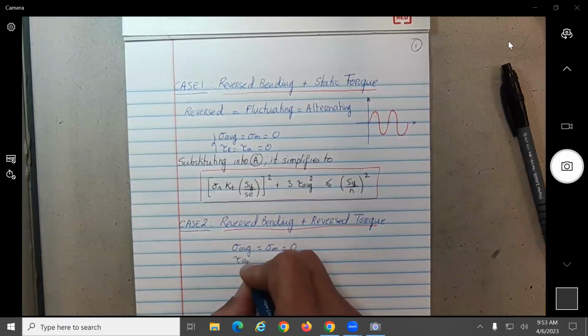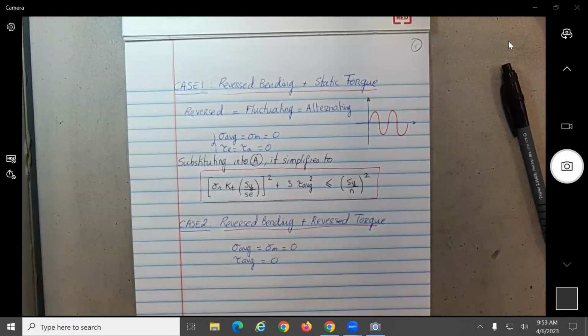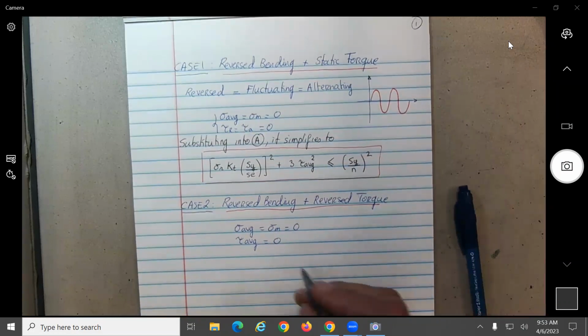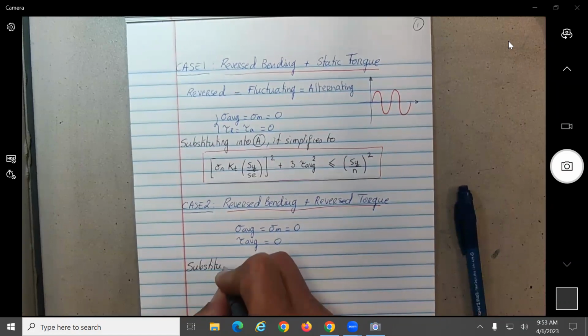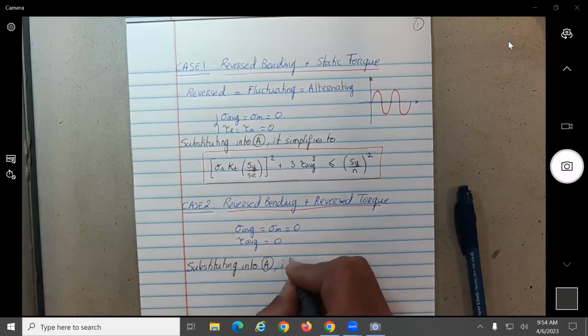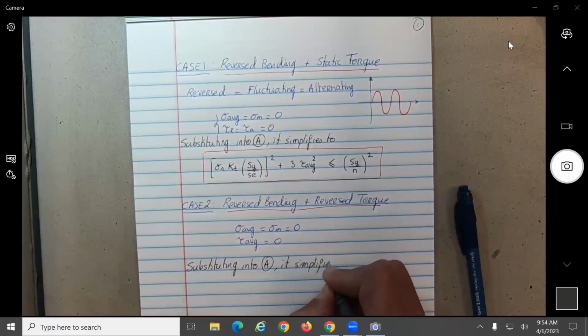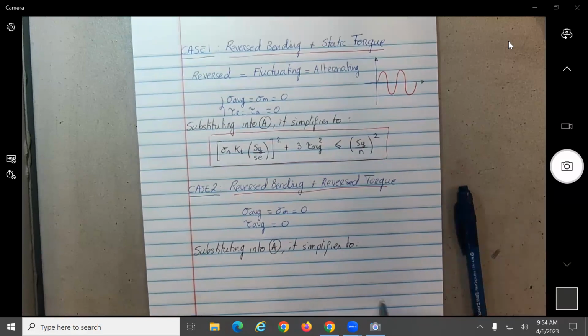Now we assume the average shear stress will be equal to 0. And I can write here substituting into A, it simplifies to